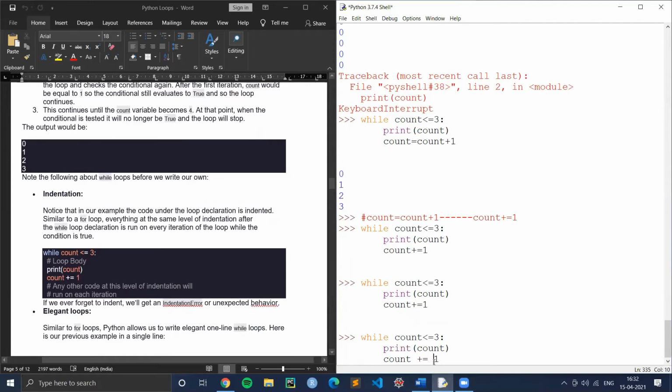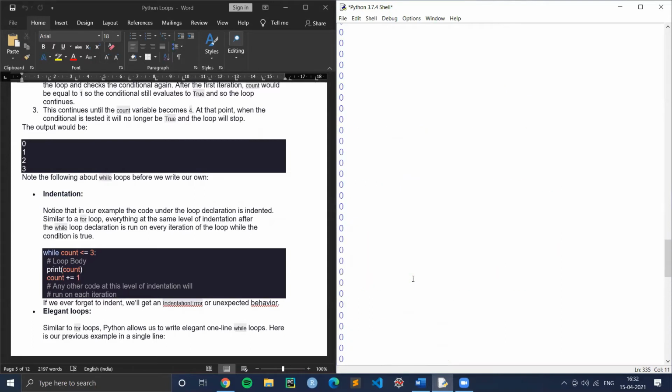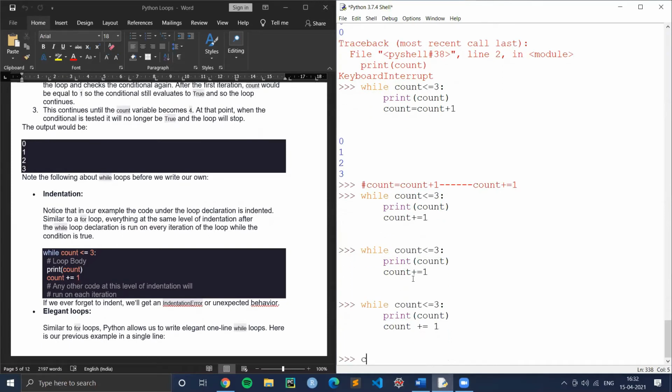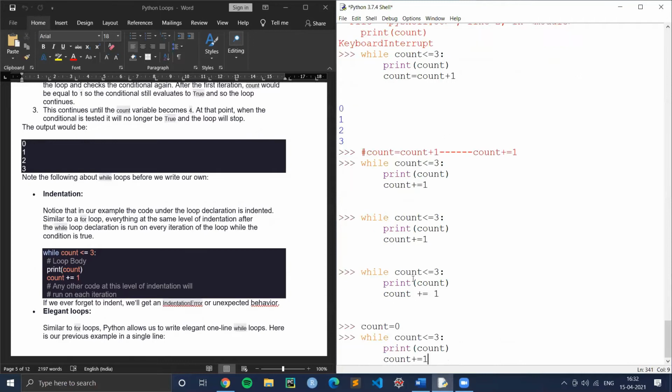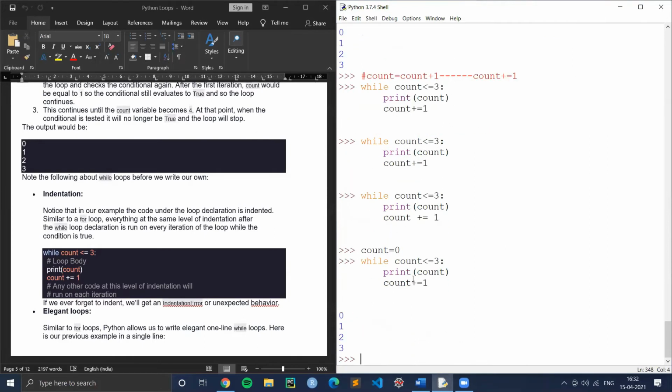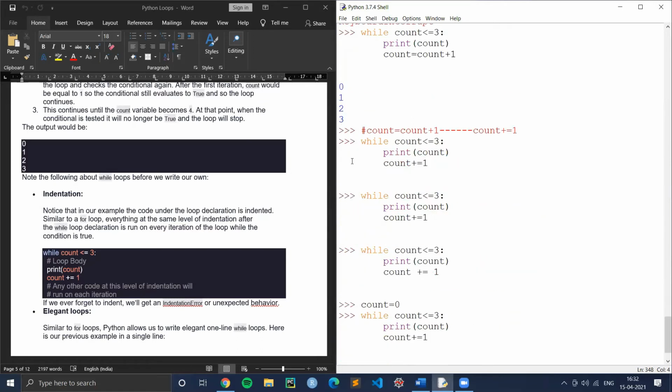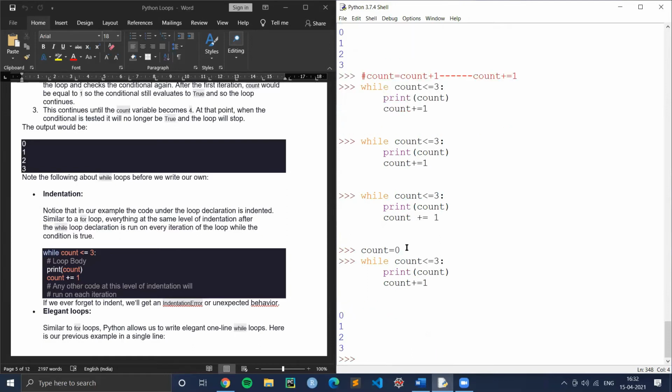If that works. Hello, Akriti, just put count equal to 0 before that, because count's value has already been 3. Oh yeah, right. Okay, wait a second. I'll do that first. Now it will work, I guess. Yes, it will print. Because here it was updated as 3 already, so it wasn't printing anything because it was coming out of the loop. Then if I initialize my count to 0 again, it will print.